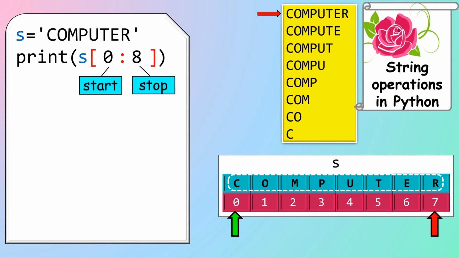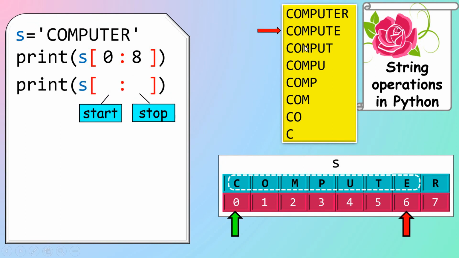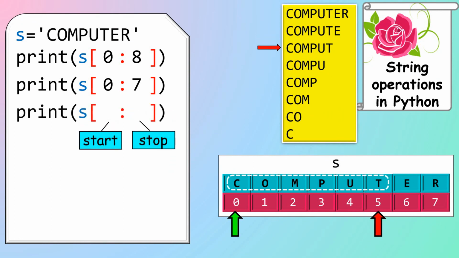Now to print the second row, here you can see the character R is omitted. So you have to print compute. So for that, the start index is 0 and the stop, by looking at the array, it is 6, but here you have to fill as 7. So like this, I will go on writing the print statements for each of the rows of the output. So next, for the next output, the start will be 0 and the stop should be 6.